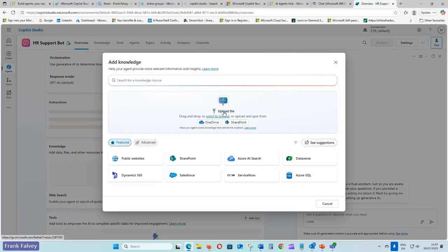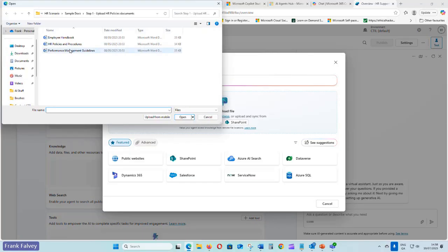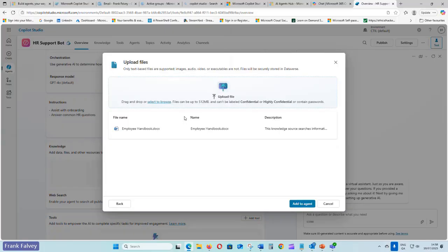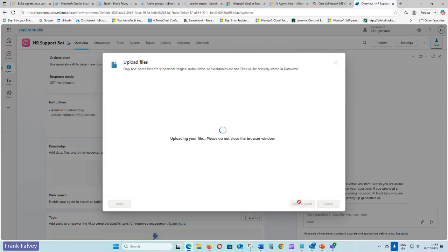Now it's allowing me to upload a file. So I'm going to select browse, and I have these files that are just made up HR files. Add it to the agent.